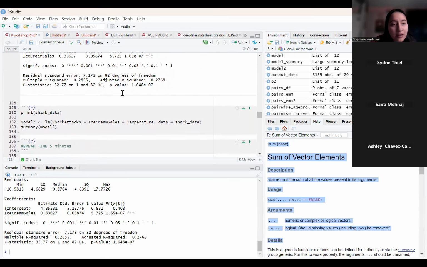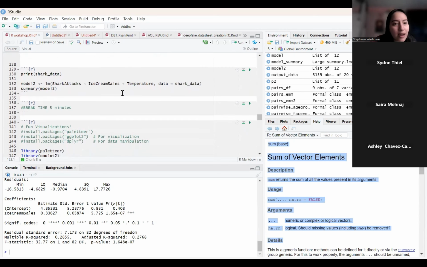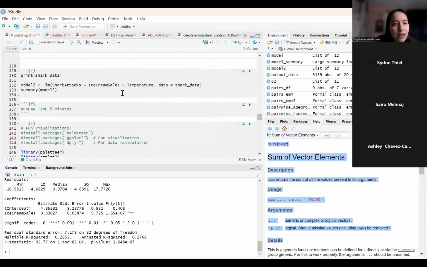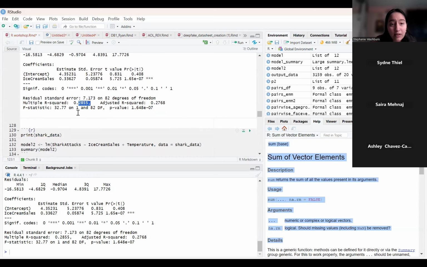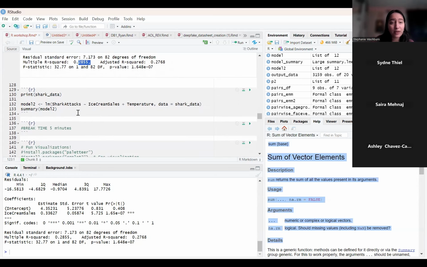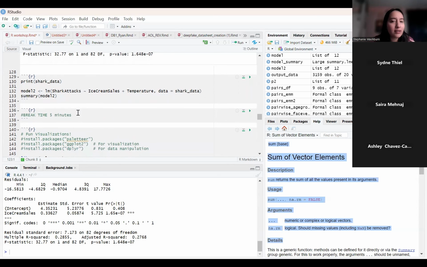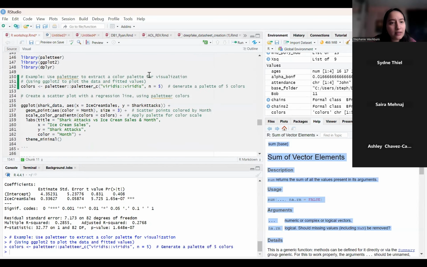So moving along, just moving through the code a little bit quicker since we're running out of time. So our value of 28.5% of the variance being explained by only ice cream sales means that we have about 70% of variation that's really not explained by our ice cream sales. So if we wanted to look at another variable within our data set that may be contributing to this variance,